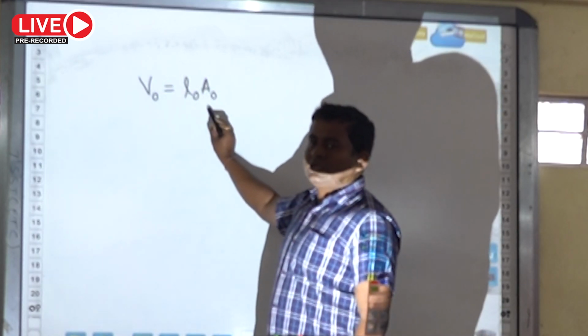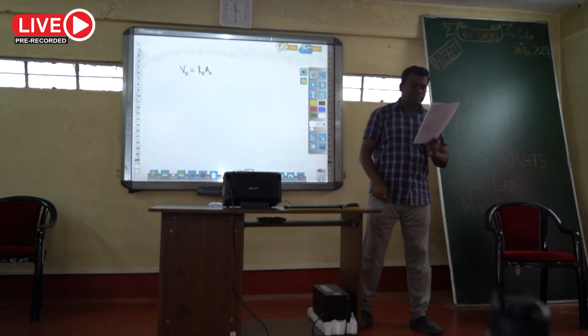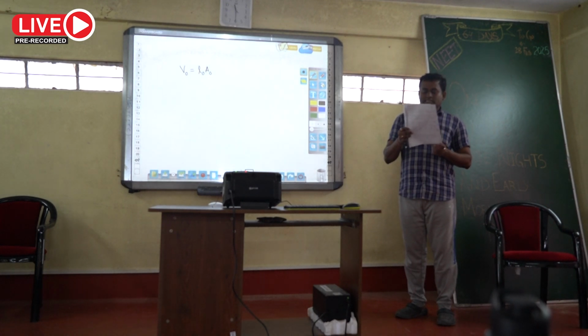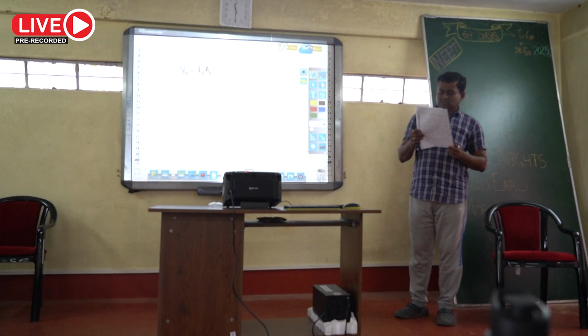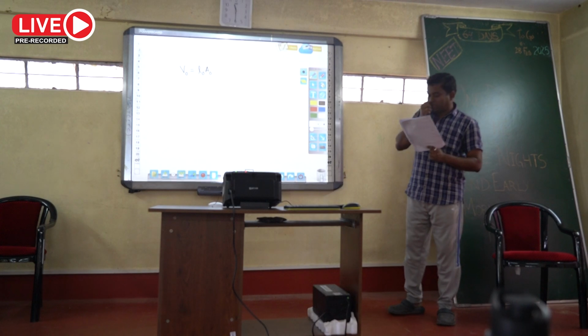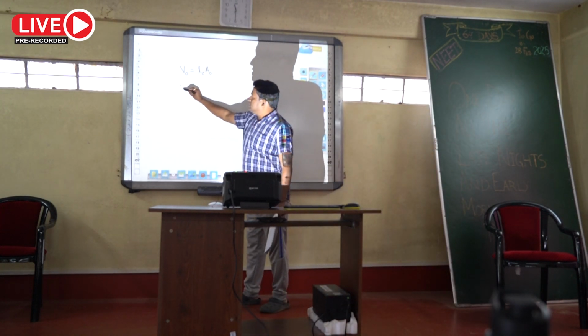A naught is the area of cross section and V naught is the volume. Then the cubical expansion occurs, and as a result, since the mercury just fills the bulb at 0 degree Celsius, the length of the mercury column in the capillary tube at T degree Celsius, finally we can write the volume is Vt,